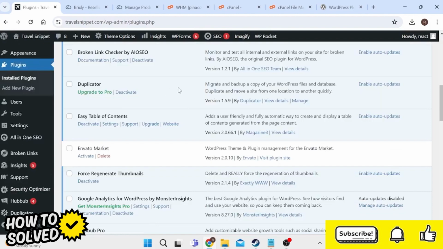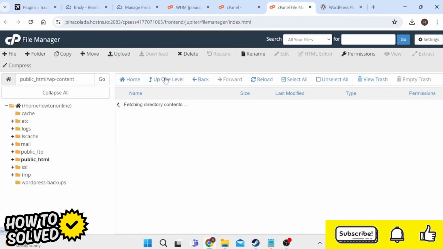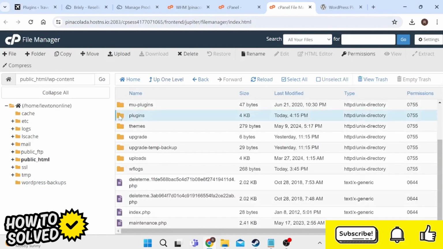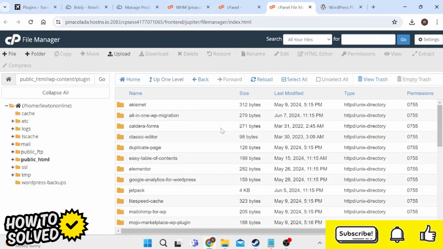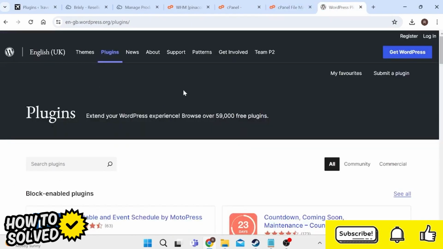Now if that still doesn't work, then the last thing we can do that will be sure to fix this issue is come back to your file manager, and once again we need to head inside of the plugins folder, and what we're going to do is upload our plugin directly into this folder, and you can do that by coming over to the WordPress website,